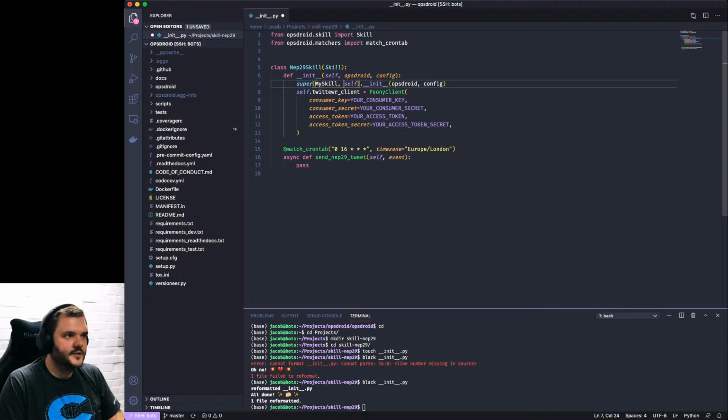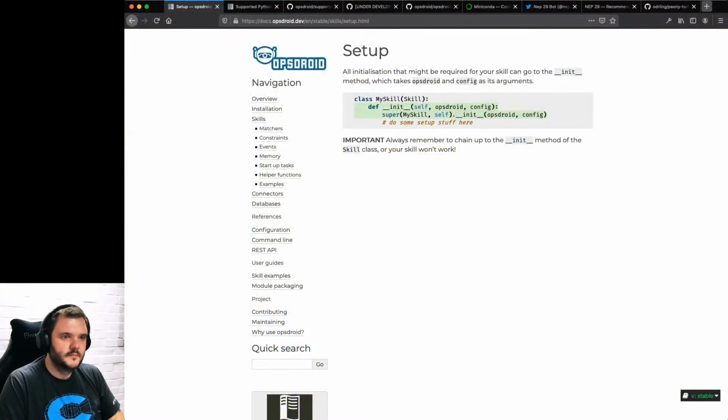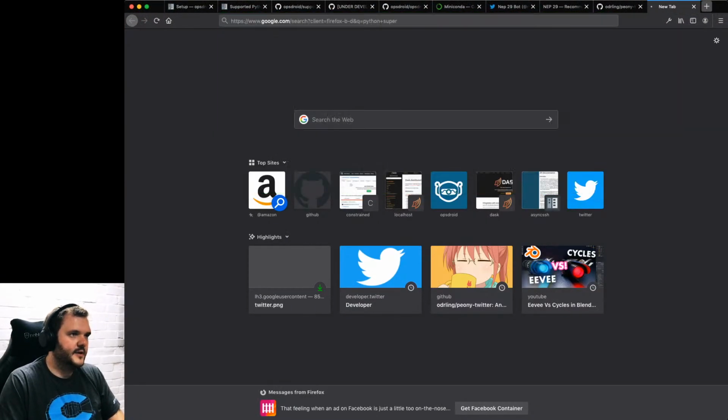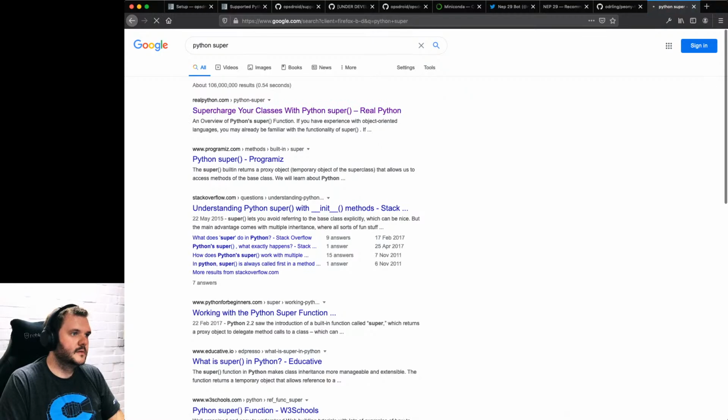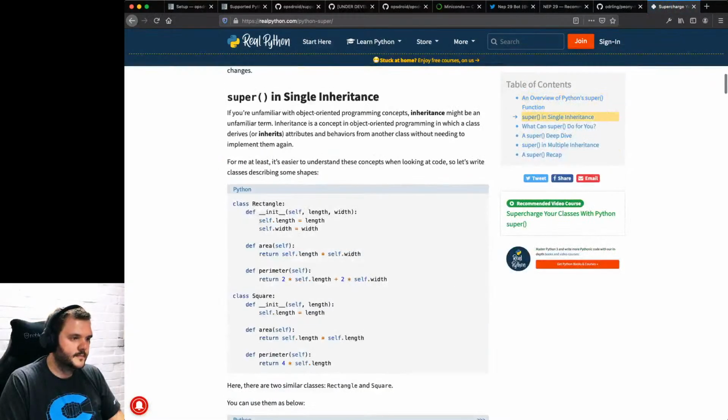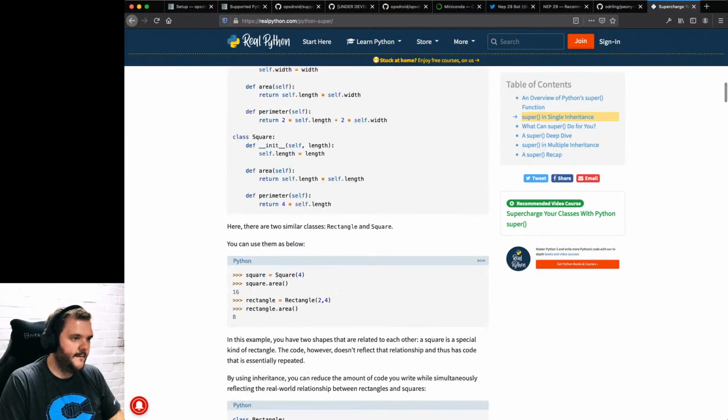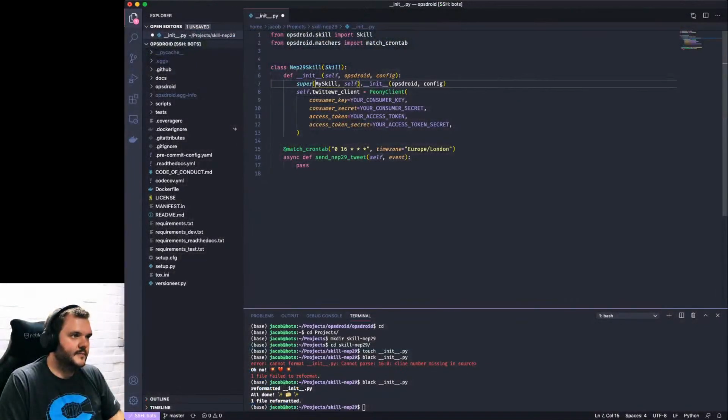I don't think you need to do super like that. I think you can just call super, can't you? And it works it out. Yeah, I'm just going to say super. All right, super init opsdroid and config. This actually sets self.opsdroid and self.config.